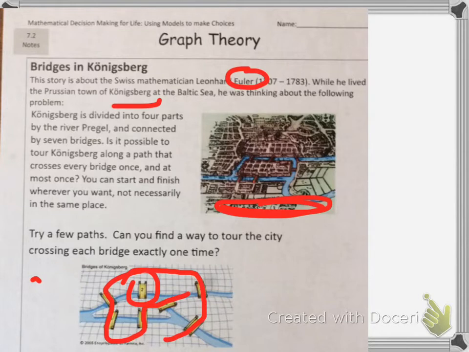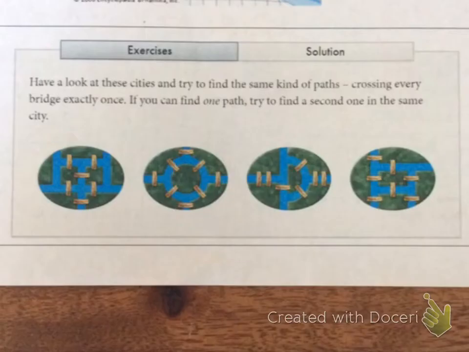So what Leonhard Euler did was he studied this, and he found some rules that go along with graphs and the theories of graphs, of whether or not we can trace over those bridges or over those points more than one time, or if we can or can't. And so today we're going to take a look at some of these graphs and see if we can find paths.